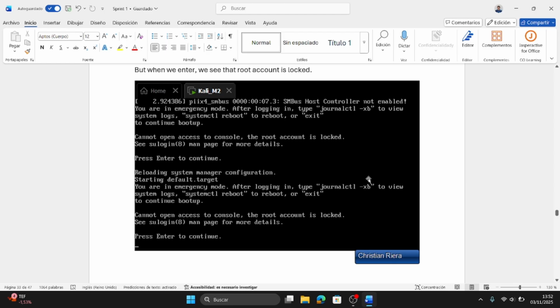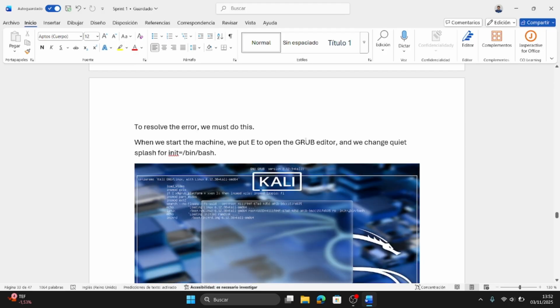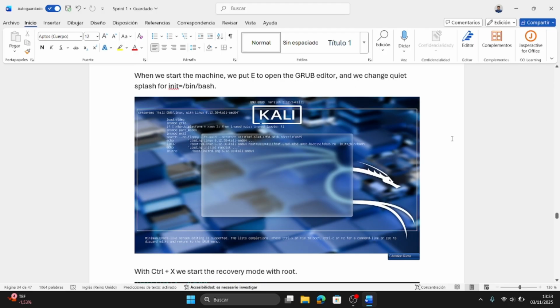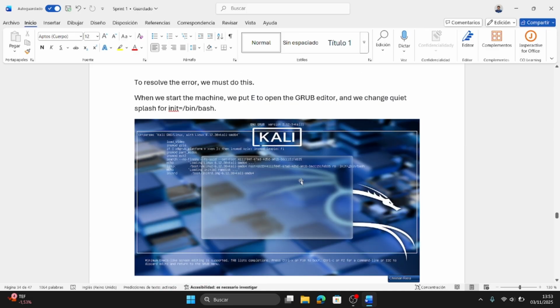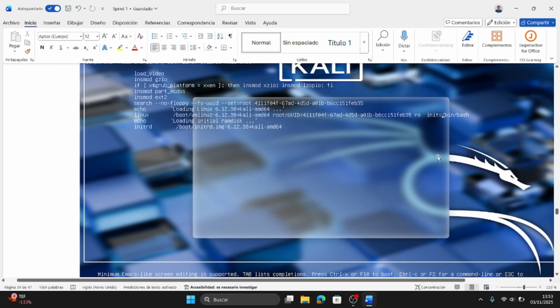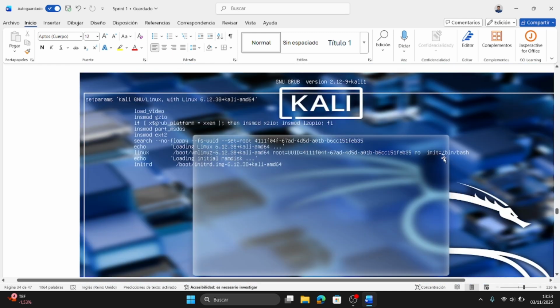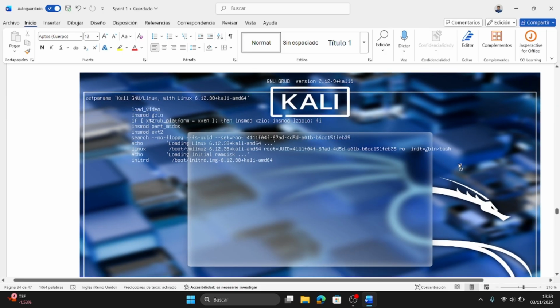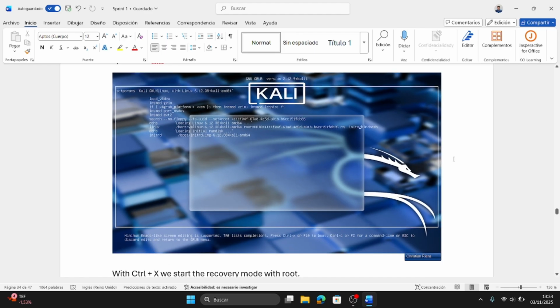So to resolve this problem, I powered off the virtual machine and restarted it, and when Kali powers on, the first screen that appears is this. So we press the letter E to open what is the BIOS in Windows, and here in this line at the end we change the words that are here to init=/bin/bash to start the machine in console.